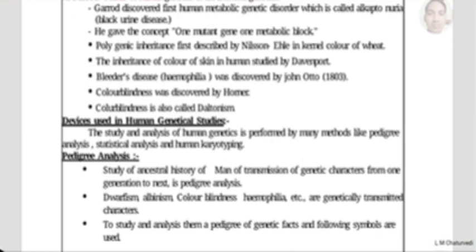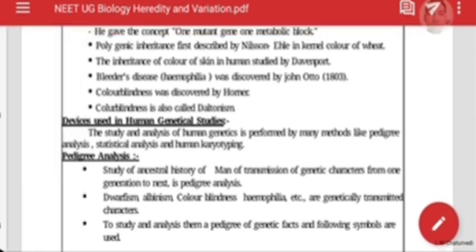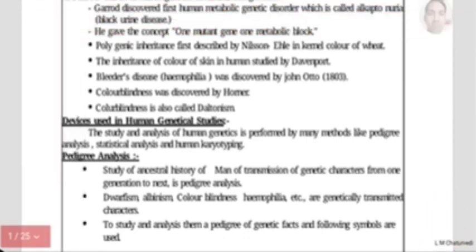Some communities, for example Charan and Bhat, keep records from generation to generation. We can easily identify such records in different communities, especially among Rajas and Maharajas. So we can learn these characteristics by a diagrammatic method.